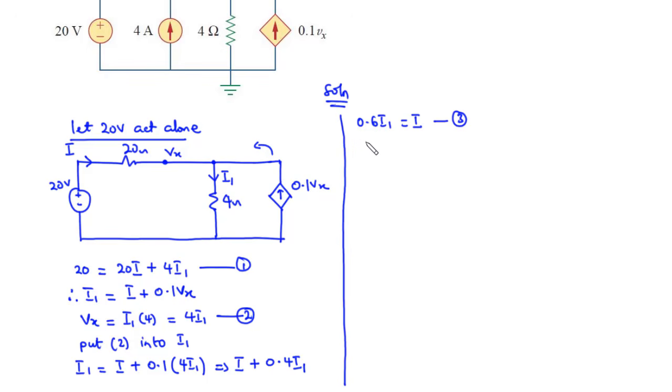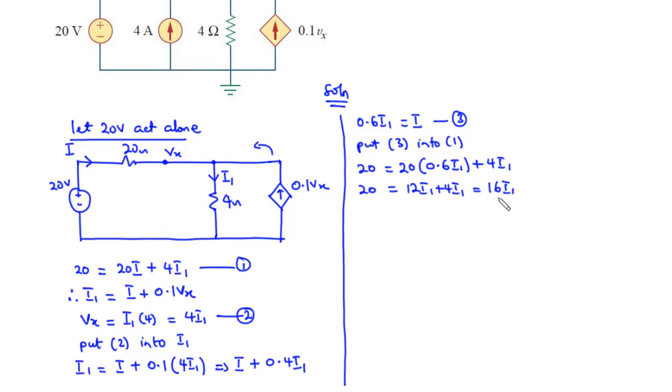Now we are going to put equation 3 into equation 1. So that is 20 equals 20 times, in place of I we have 0.6 I1, plus 4 I1. Now 20 times 0.6 becomes 12, so we have 12 I1 plus 4 I1 equals 20. Now this becomes 16 I1. So we divide through by 16,